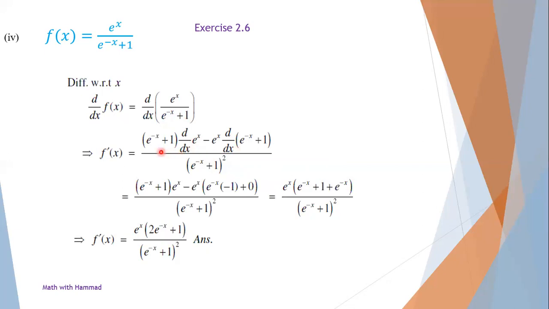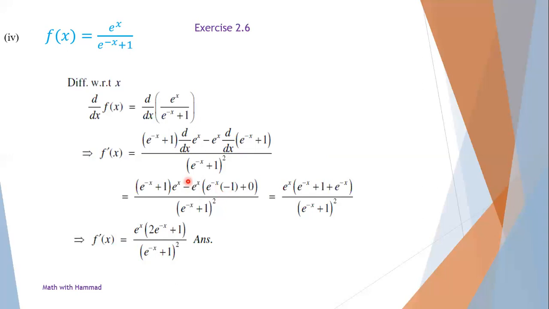e raised to power minus x plus 1, derivative of e raised to power x is e raised to power x into derivative of x, that is 1. So derivative of e raised to power x is e raised to power x, minus e raised to power x as it is here. Derivative of e raised to power minus x is e raised to power minus x, and derivative of minus x